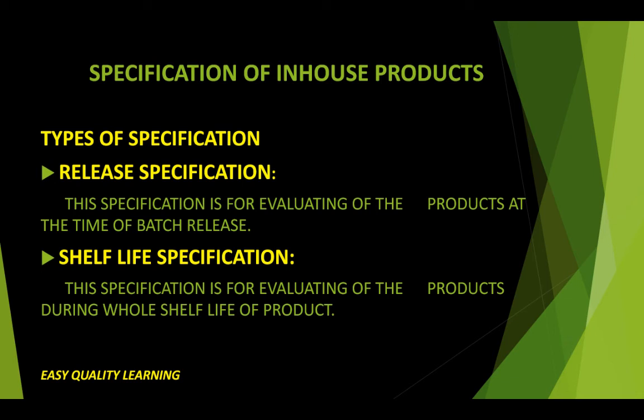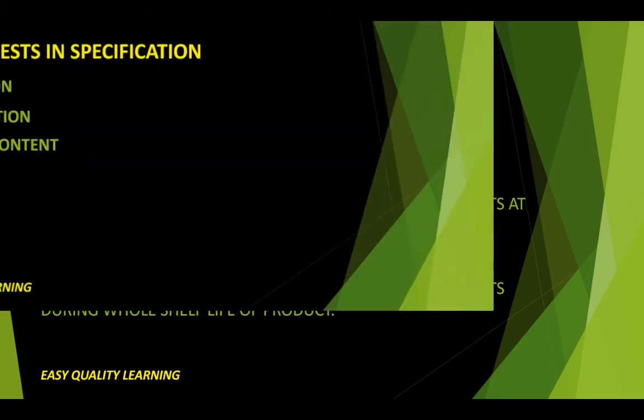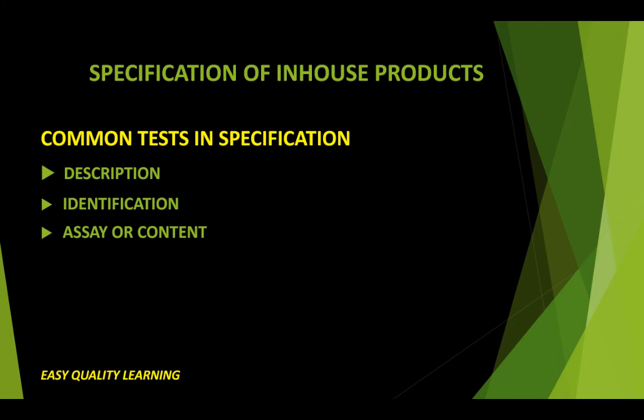Shelf life specification is a set of tests and their limits where it is specified what should be the specification for the product which needs to be complied with till the expiry of the product. If my product is going to expire in December 2022, then at the end day of December 2022, all the tests which are specified in shelf life specification should be complied with. So that is shelf life specification. This is generally used for stability testing.